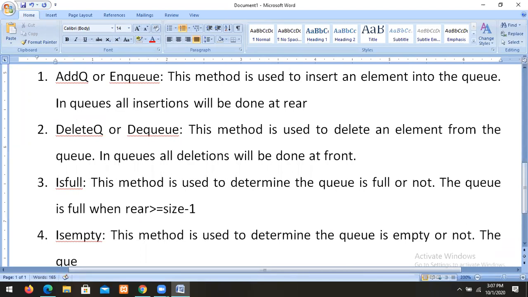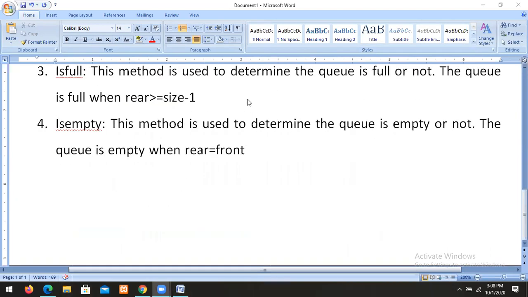The queue is empty when rear equal to front. Suppose I inserted 5 elements, the rear is 5. When I deleted 5 elements, the front is 5. Finally, there are no elements.